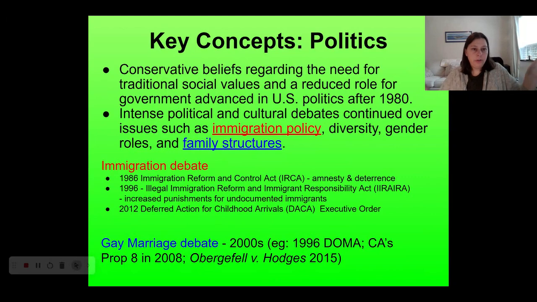The last of these broad political key concepts looks a little bit more at some social issues, so you can see the language of the College Board there, and it specifically calls out immigration policy and then family structure, so just a little bit on these. We have increasingly had debates over immigration more broadly, but very specifically the problem of undocumented immigration.